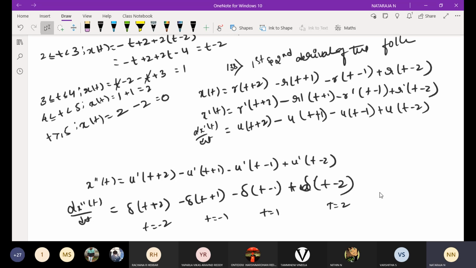Whatever problems I had given in the assignment, all of them are there in the notes. What we are going to solve in the class, and the homework problems I will give now, those problems are also there in the notes. You can go through them and see the assignment problems also. Most of the problems uploaded today are in the notes. If you have any doubts, you can ask me. Try to solve those problems. Within those problems only you will get it.